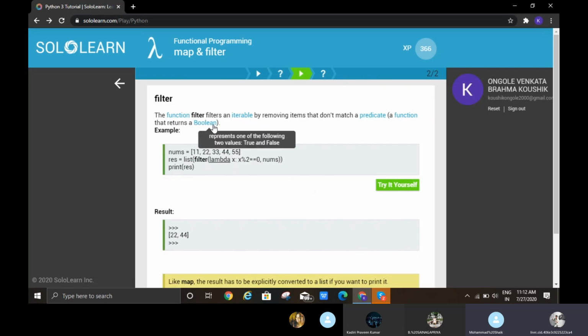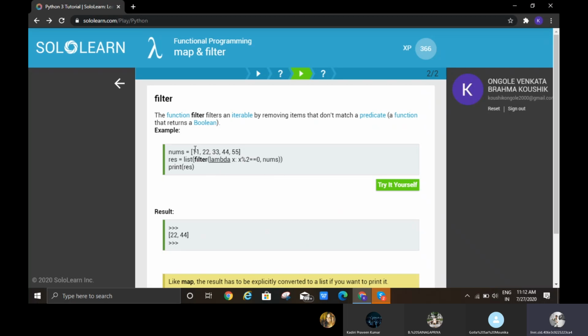Filter. The function filters an iterable by removing items that don't match a predicate. In the given example, nums = [11, 22, 33, 44, 55], and res = list(filter(lambda x: x % 2 == 0, nums)). It means it only prints when x % 2 equals 0.